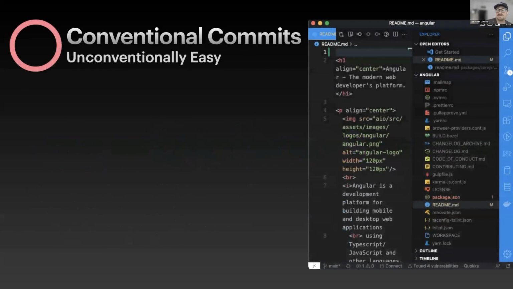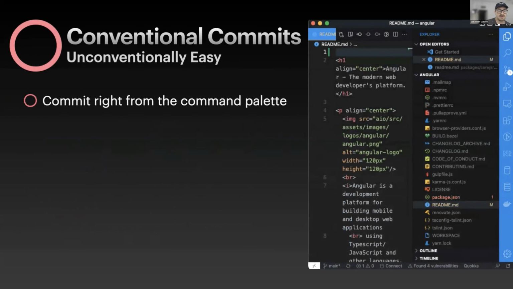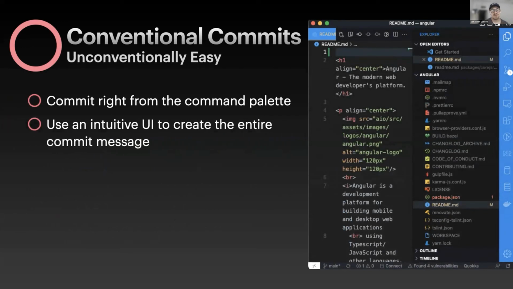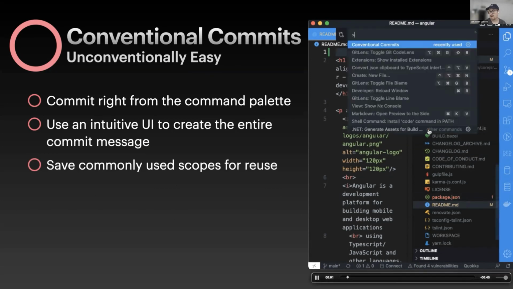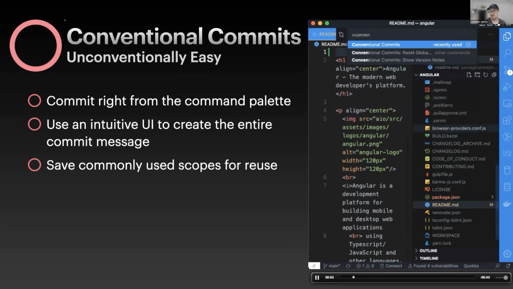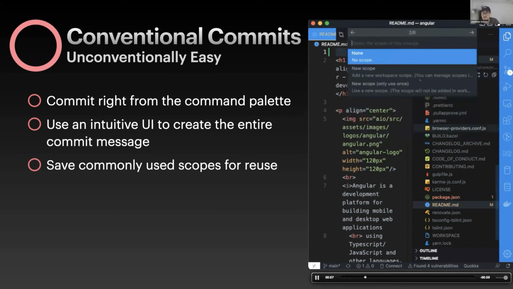The Conventional Commits VS Code plugin is super easy. It basically allows you to commit right from the command palette, turns that commit message creating process into an intuitive UI, and then even saves your commonly used scopes for reuse. So we can see over here on the right, basically create a commit from the command line, choose our type, create a scope,